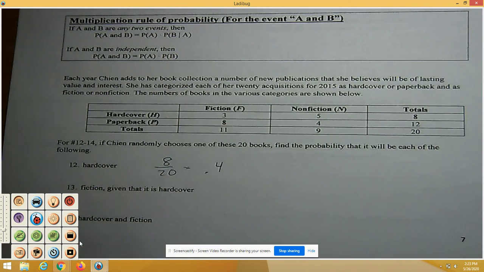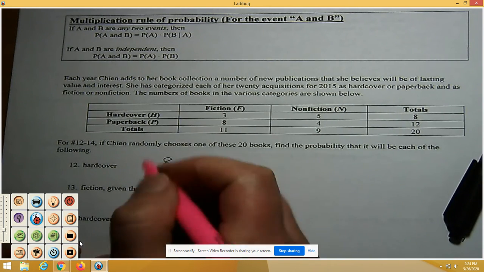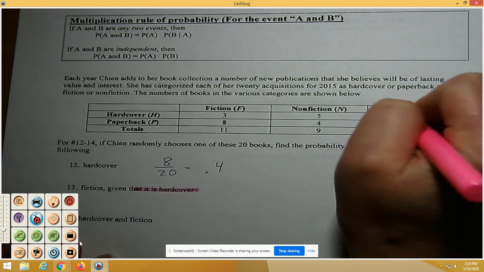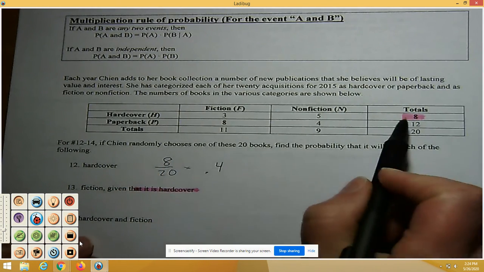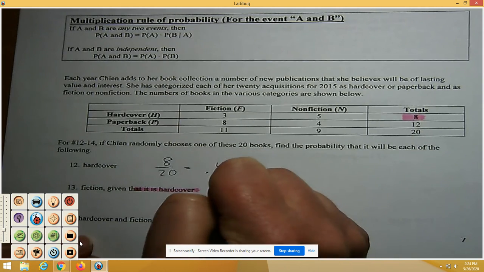All right, and then the next one, find the probability that it is fiction given that it is a hardcover book. So if we are looking at a hardcover book, I am now looking at this row. Given that it is a hardcover, the sample space has changed. And if I want fiction out of the hardcover, it's just going to be 3 out of 8